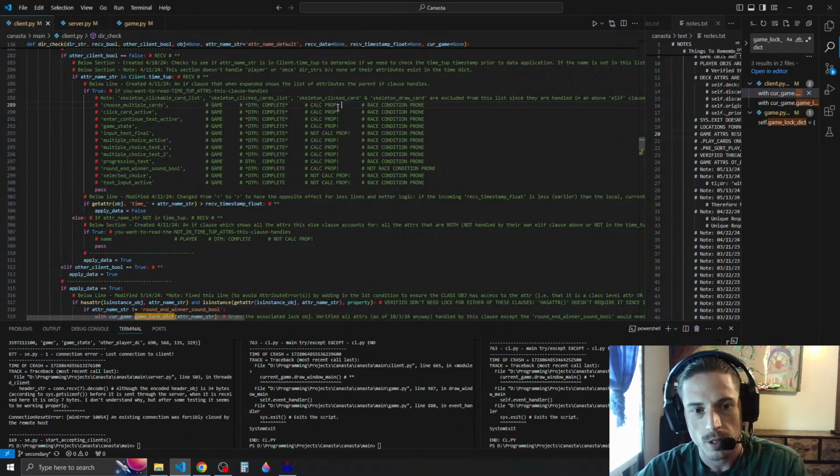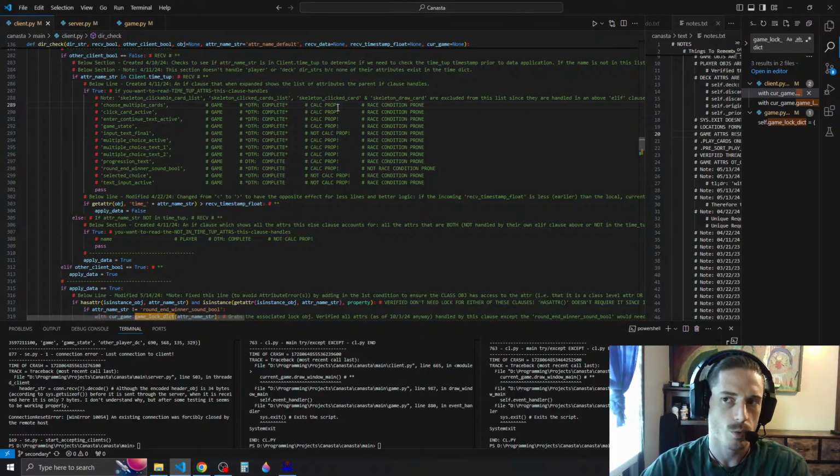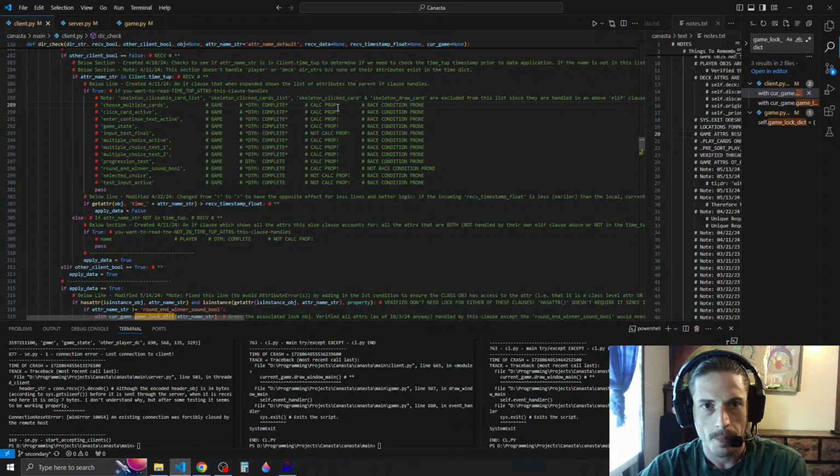And if it was acquired, then we wouldn't acquire it again. So that whenever we acquire the lock from, say, from here in dir check,